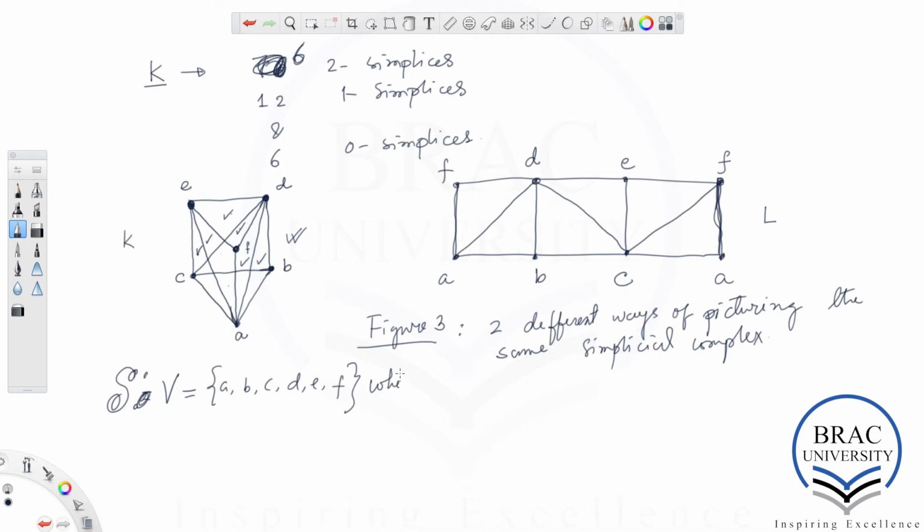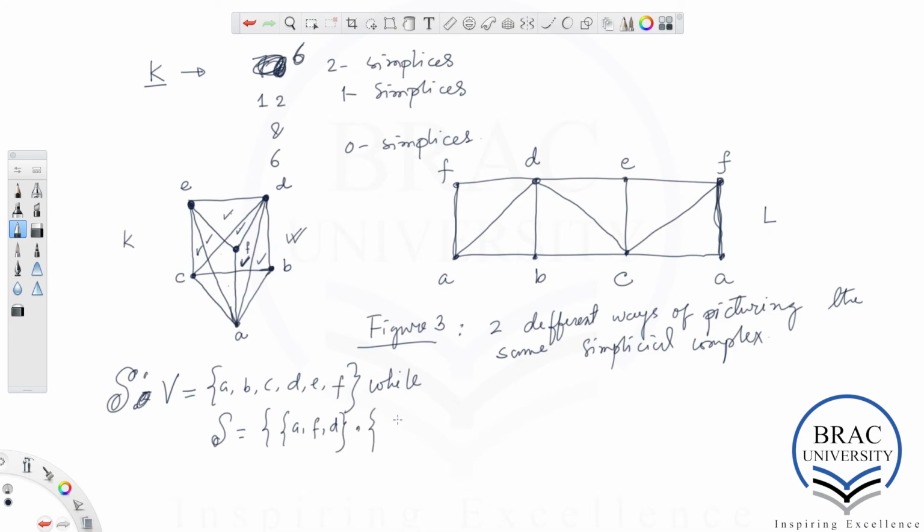While our S, the simplicial complex, is AFD. AFD is this triangle, and then we have,